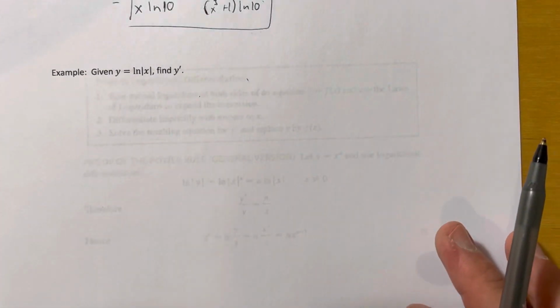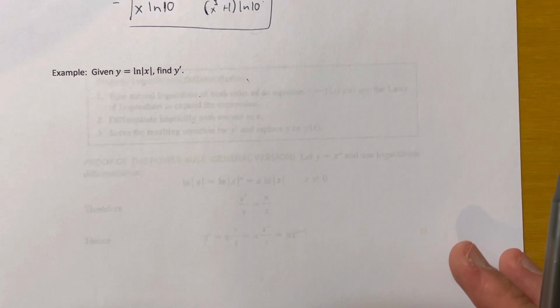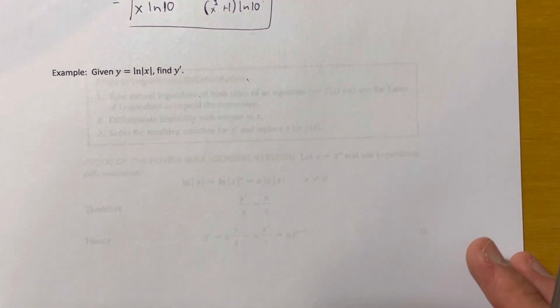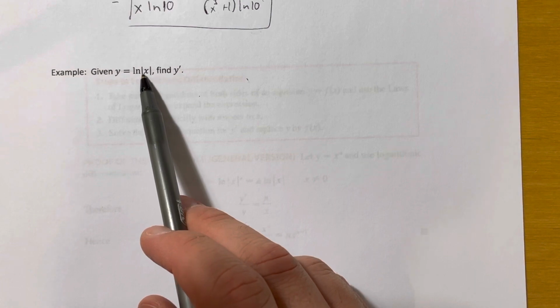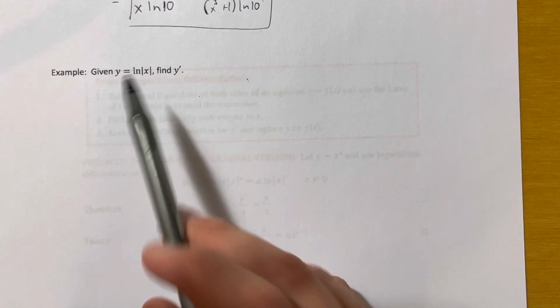Okay, here's a very important function. Your book does this as an example as well. And we need to know this derivative when we get to antiderivatives later, like I mentioned previously. So for this, y equals the natural log of the absolute value of x. One thing I want to point out